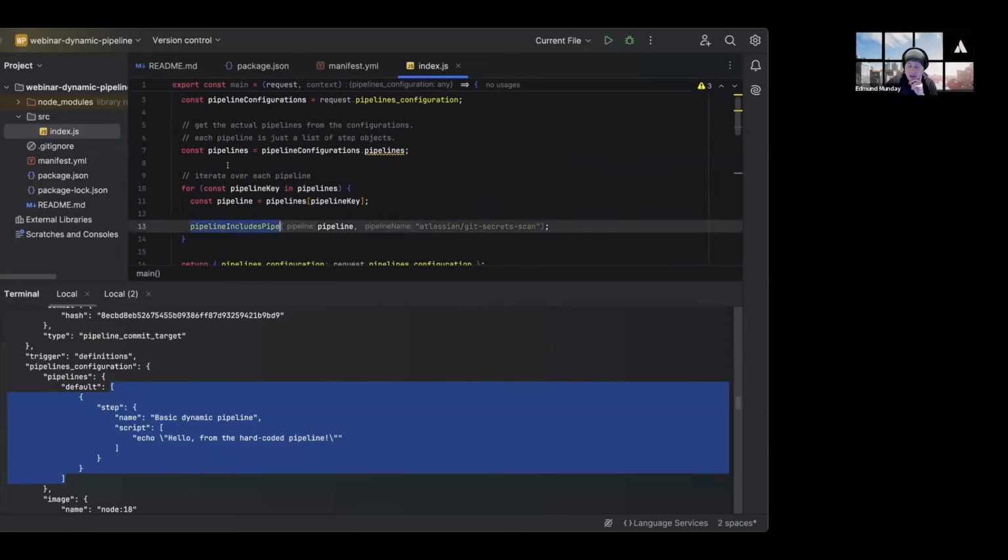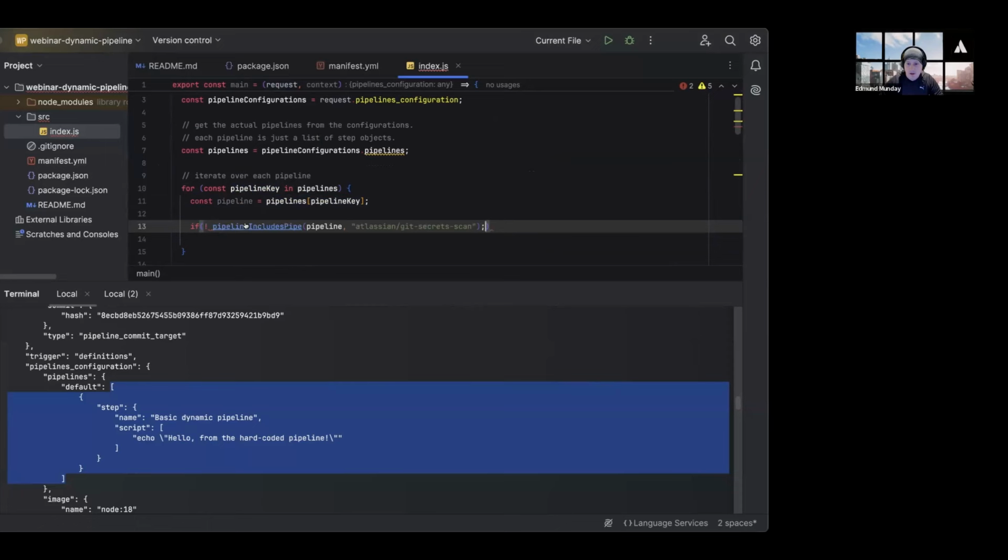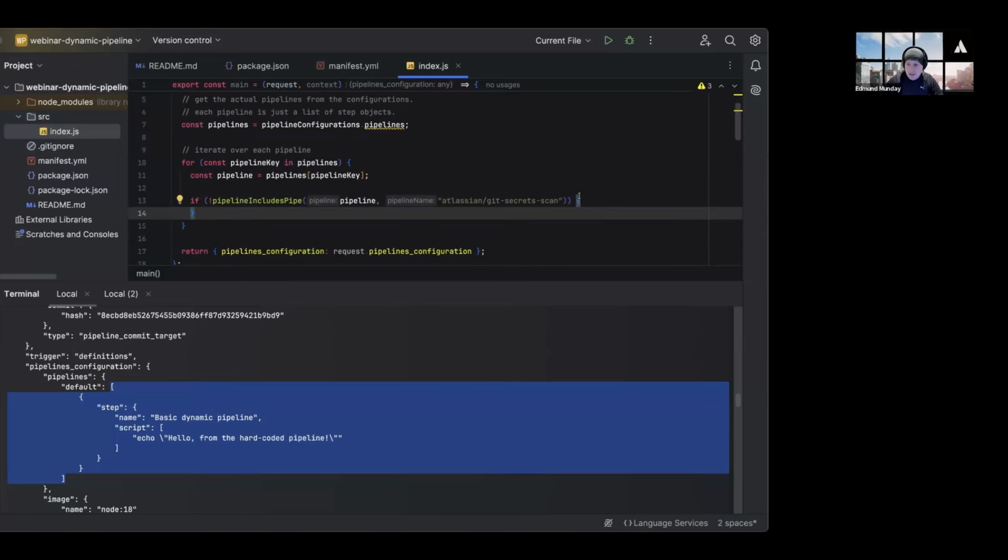So what we're going to say is, for each pipeline in the request, check if it includes the getSecretScan. And rather than just doing that, we're going to say, if it does not include this, we want to do something. If it doesn't include the getSecretScan, we want to add the getSecretScan to it. So what that looks like is